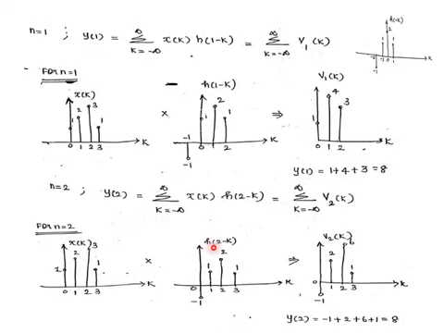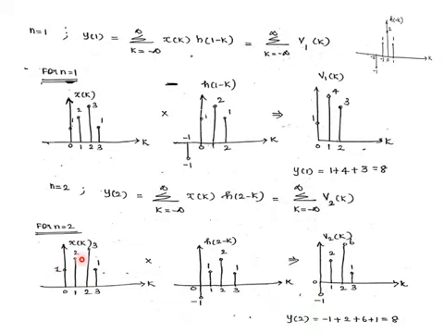Now we have got h of 2 minus k. Multiply these two sequences. Again, if you compare these two, the common time instances will be 0, 1, 2 and 3. Here also you have 0, 1, 2 and 3. And at k is equal to 0, this is 1. Here it is minus 1. 1 into minus 1, its value is minus 1.